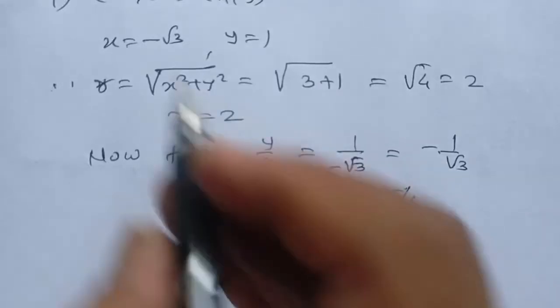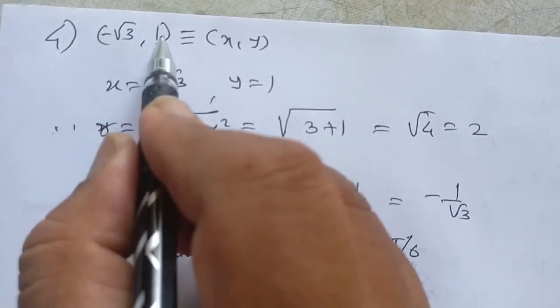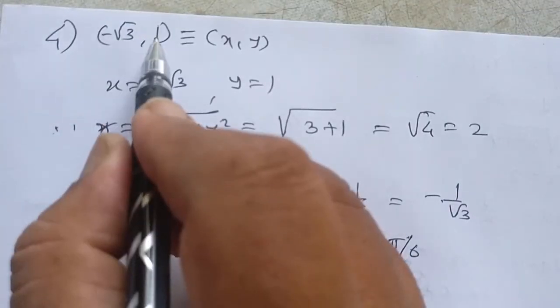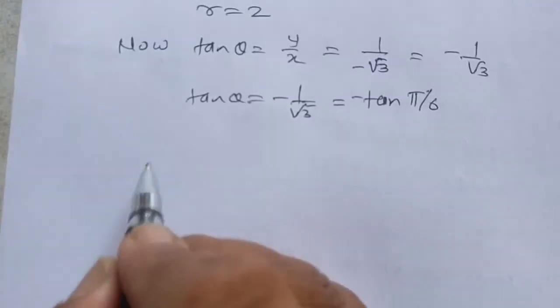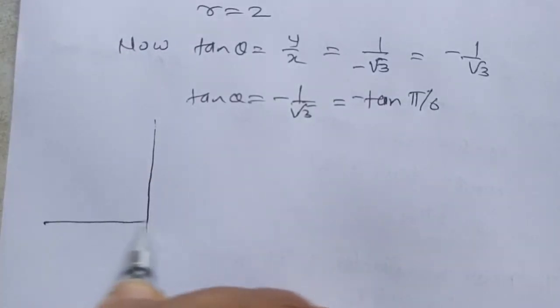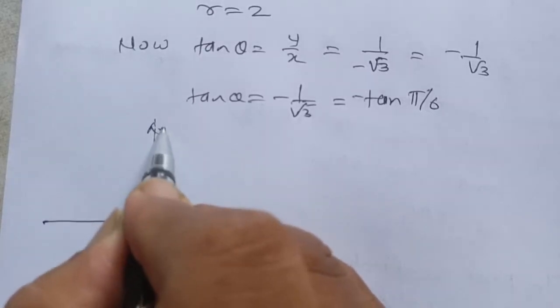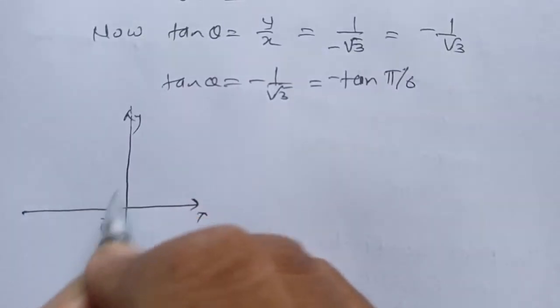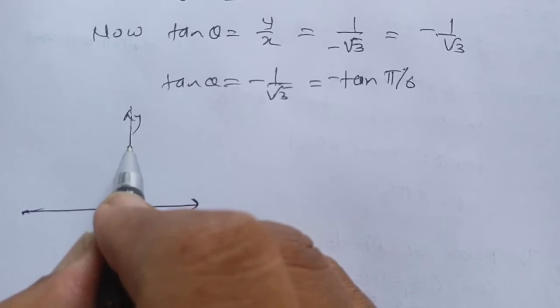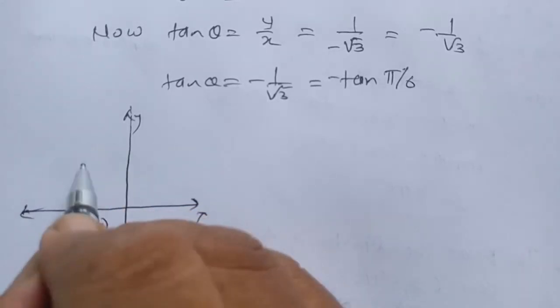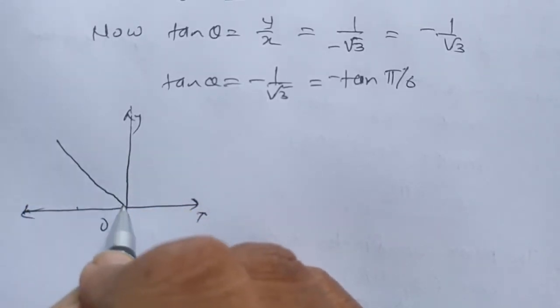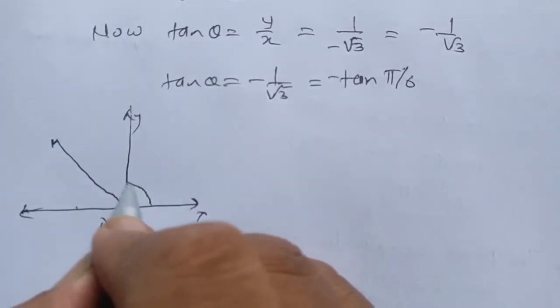Now the point minus root 3, 1, that is x is negative, y is positive. Therefore the point lies in the second quadrant. X axis, y axis. Here x is negative and y is positive. So the angle is